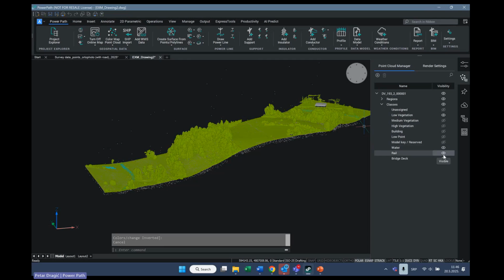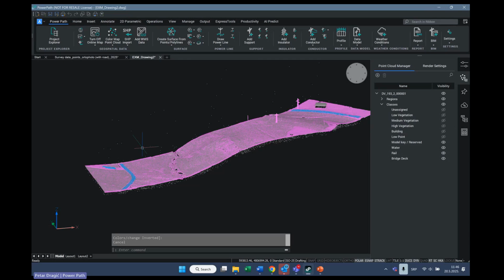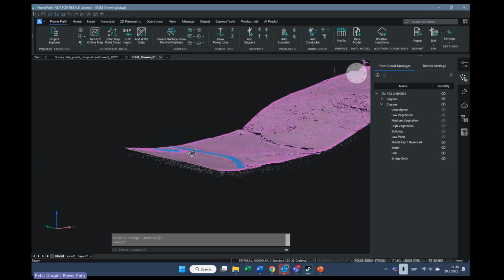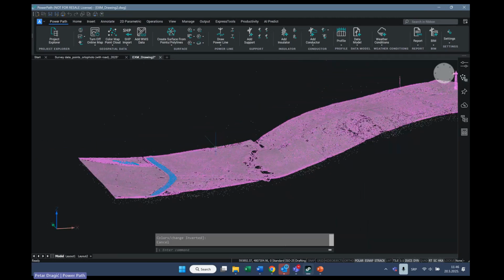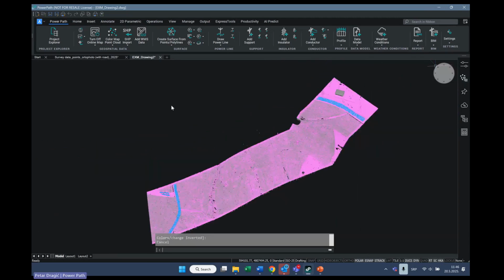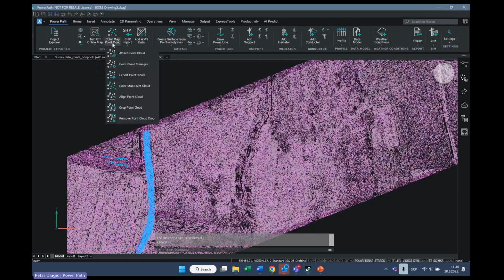Water I want to use, rail yes, low vegetation, just give me a second. Okay, for example, this is somehow the classified elements for the surface.